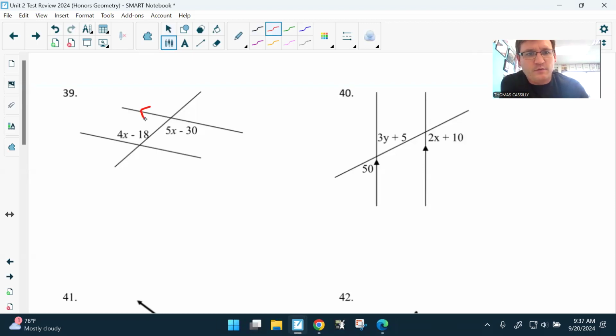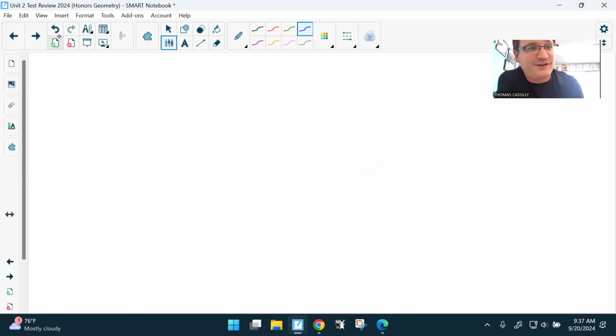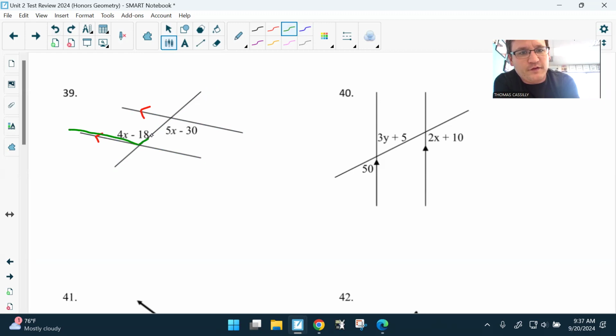So I'm going to put some arrows on here because this won't work unless these are parallel. So if we look at this picture here, we have our two parallel lines and we have our transversals. Now the transversal goes through the two parallel lines at different spots. All right. Now I didn't really necessarily need to do that, but if we look at this thing going on here,